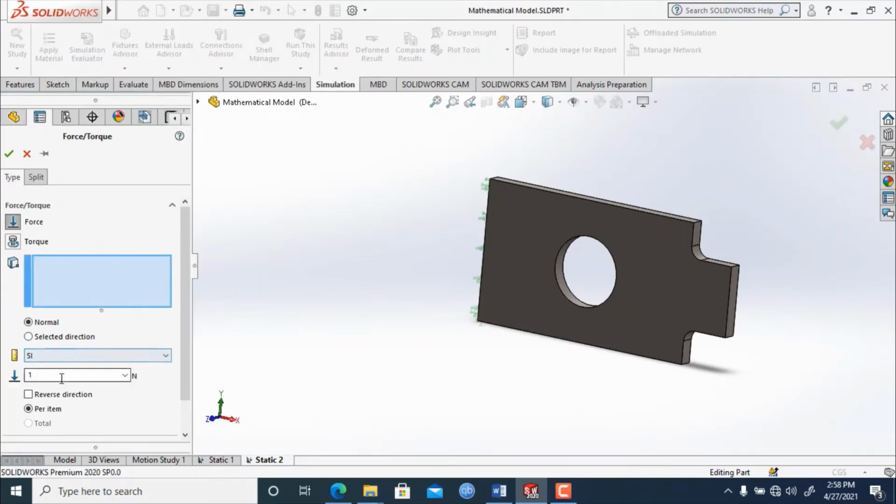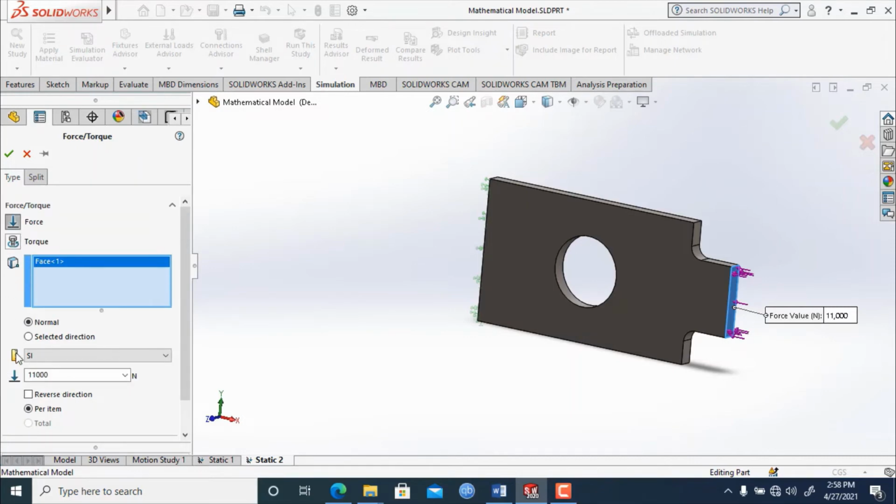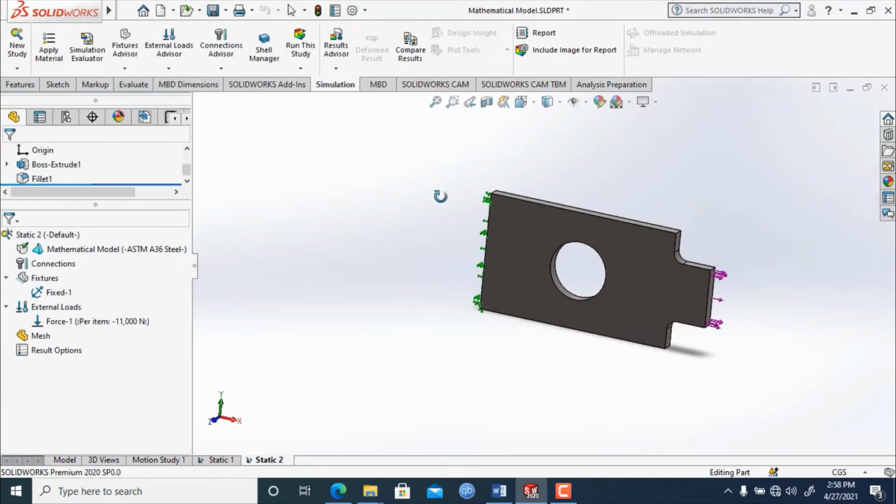We will apply 11,000 Newton. We will select this face and reverse the direction. Okay, so let's click OK now. So the same amount of force has been applied on similar material.